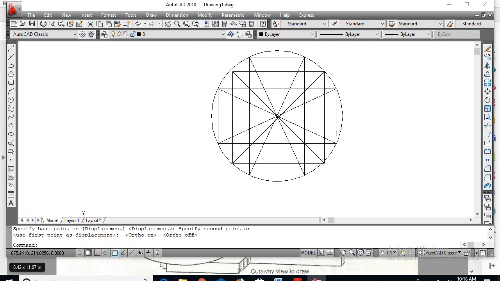So now select all the diagonal lines. So I think all the diagonals are not at the same position.